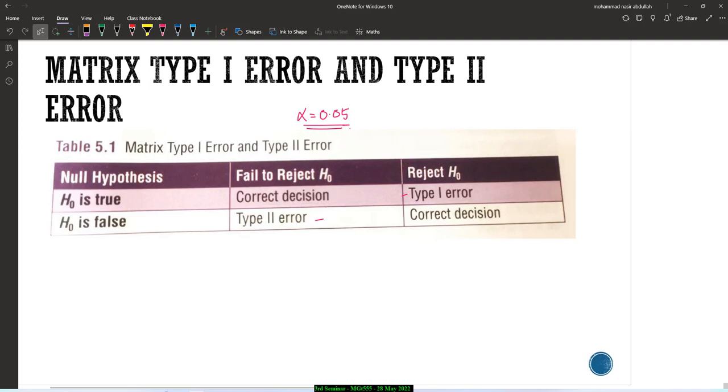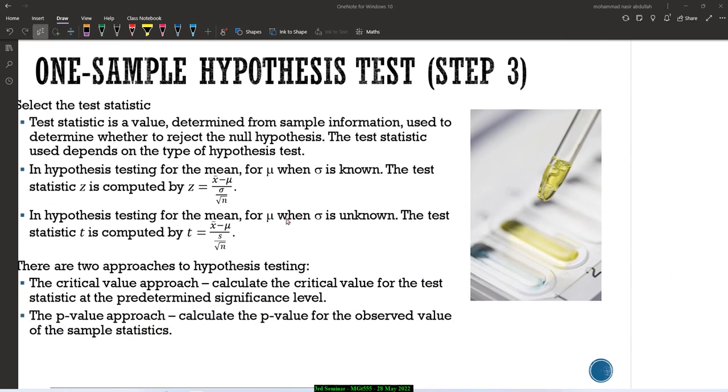Type 1 error means that we found that null hypothesis is false, but actually null hypothesis is true. And type 2 error is we found that in our result null hypothesis is true, but in actual null hypothesis is false. So